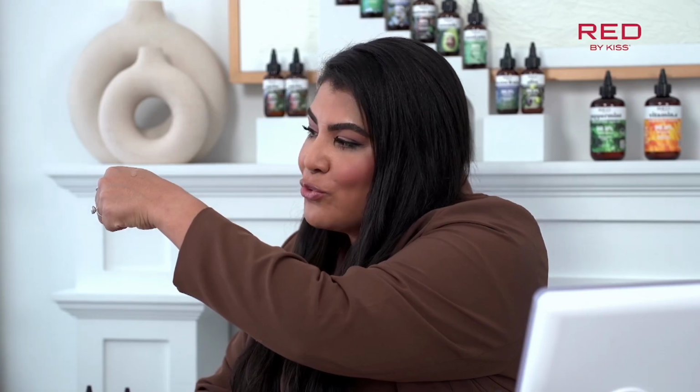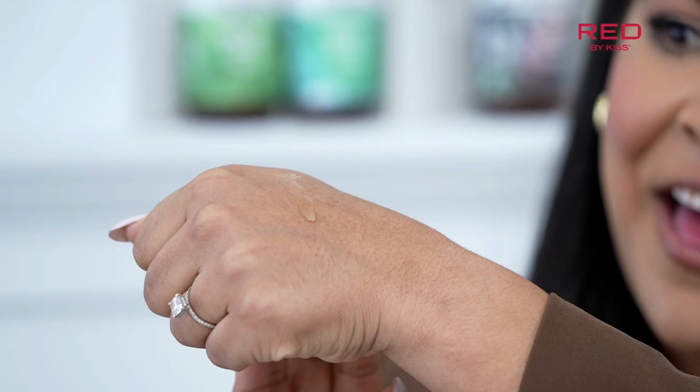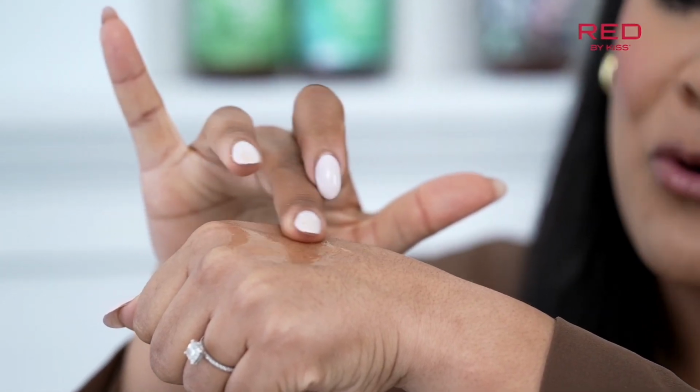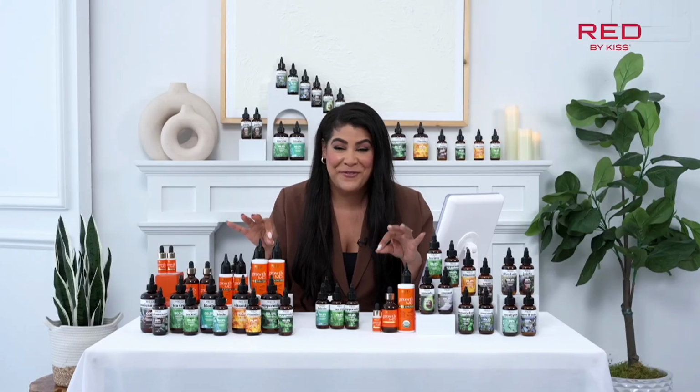And a little goes a very long way with Jamaican castor oil. So see how thick that is? It's really slow, and it's going to take a little while to absorb. That is a really good base oil as well. So if you are considering, you know, you're an oil expert, or you want to be, and you want to purchase a few of these today,